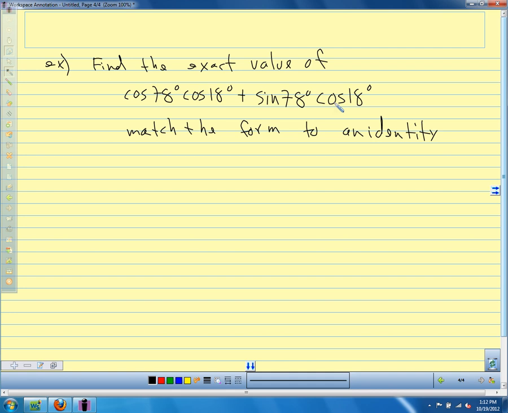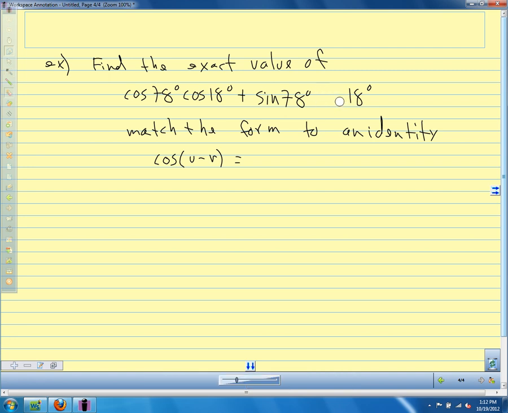So if we look on our sheet, this matches the cosine of the difference of two angles. Our identity says the cosine of u minus v